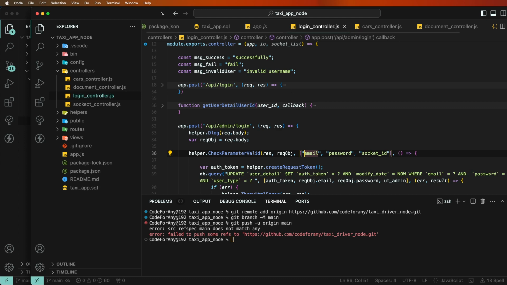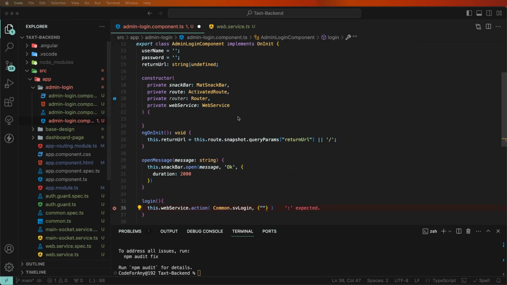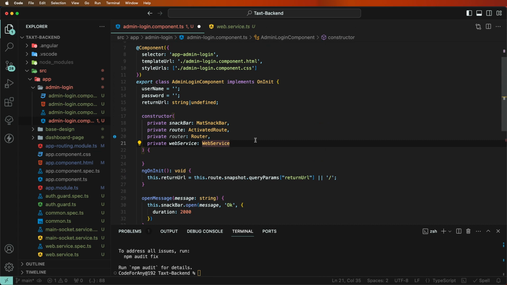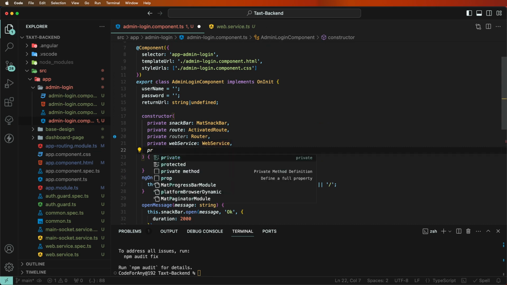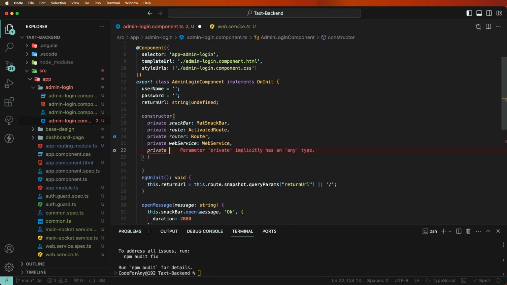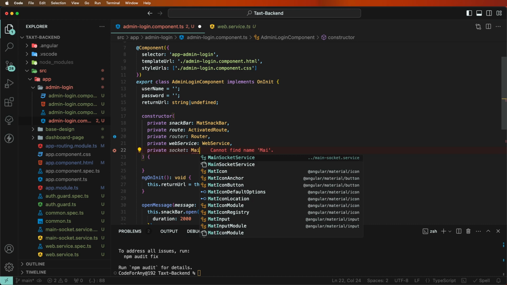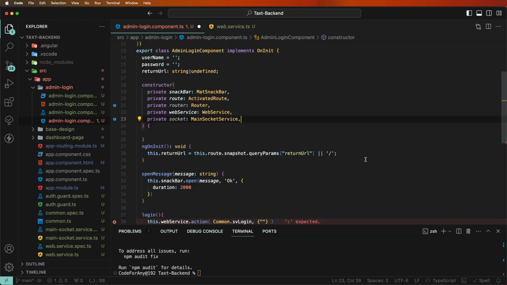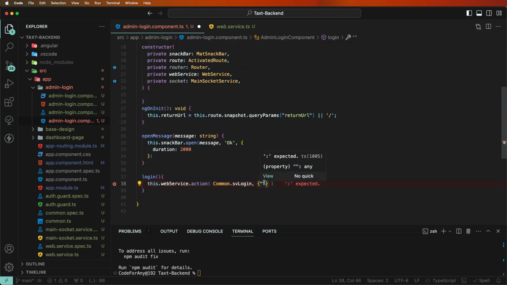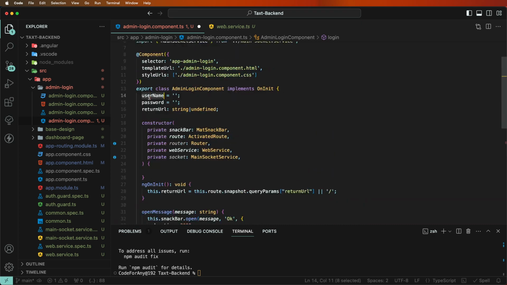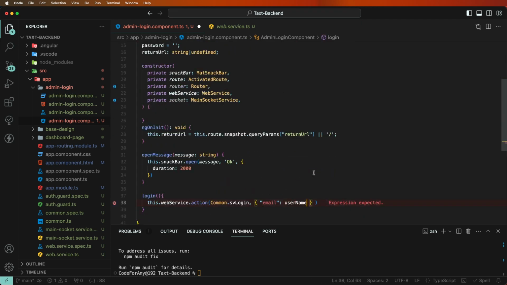First of all, like this, and we also need the socket. Put it here and pass the parameters. Write down here, paste the username, pass the